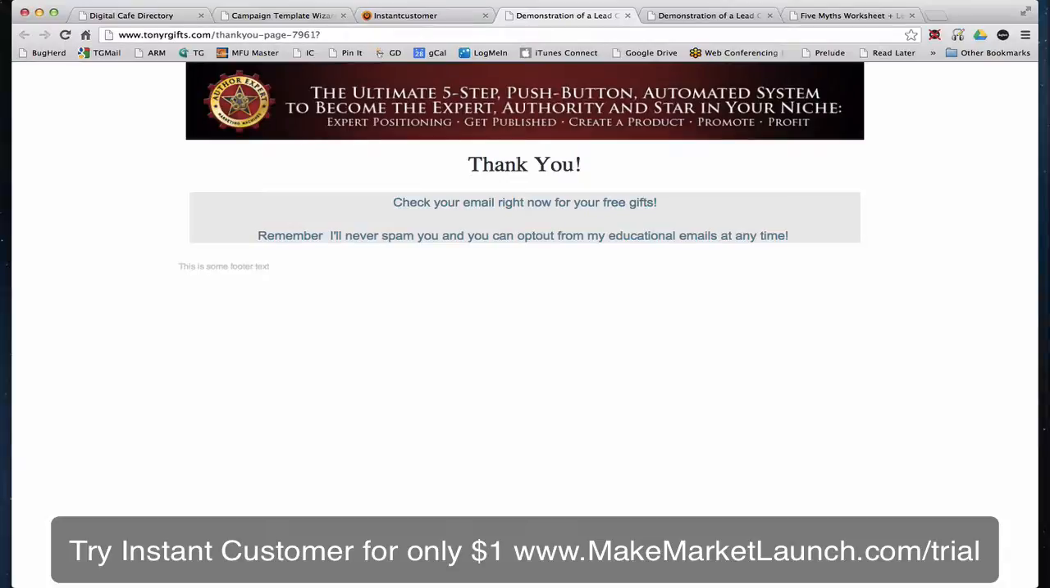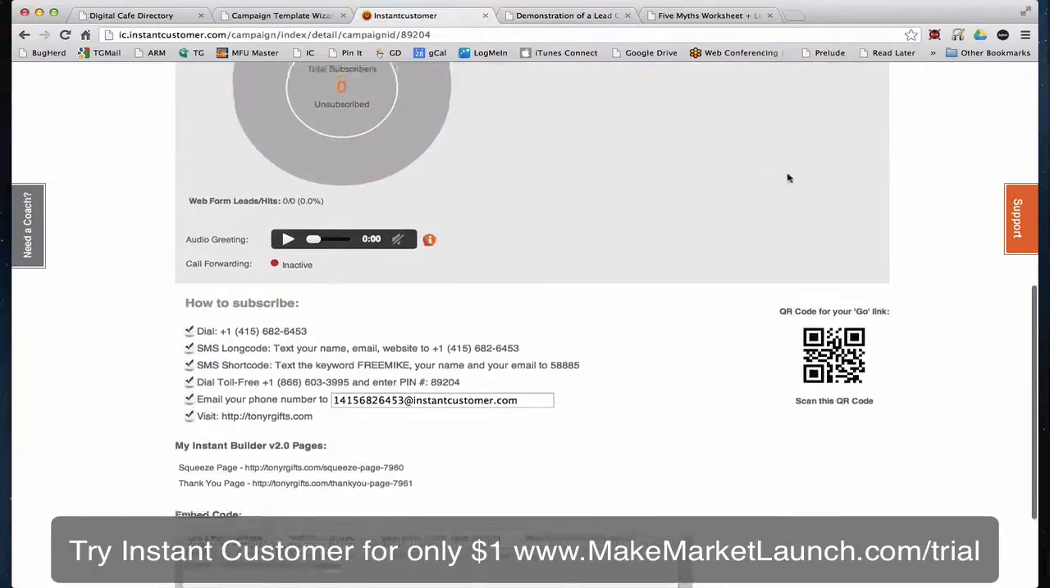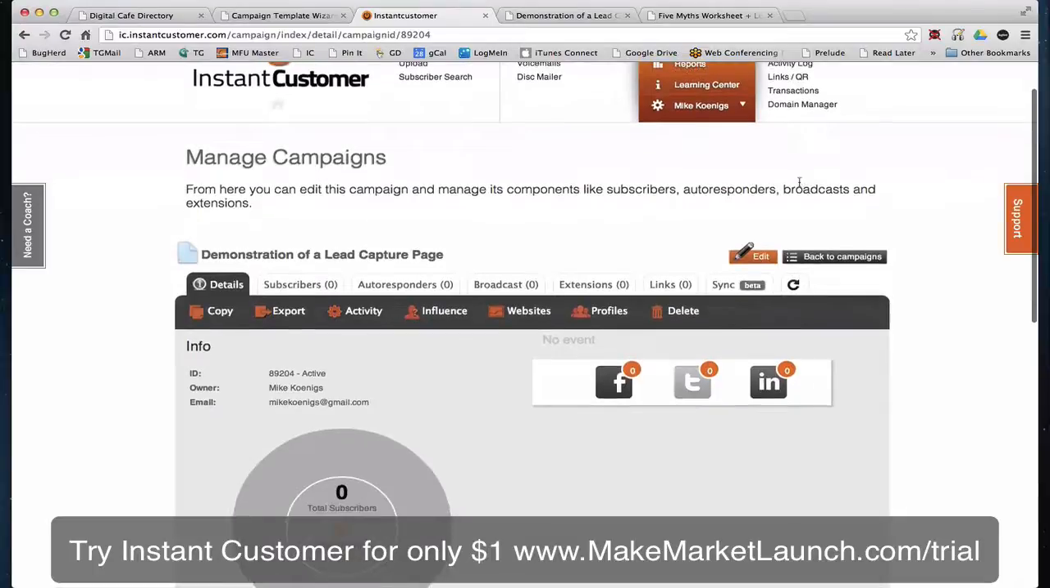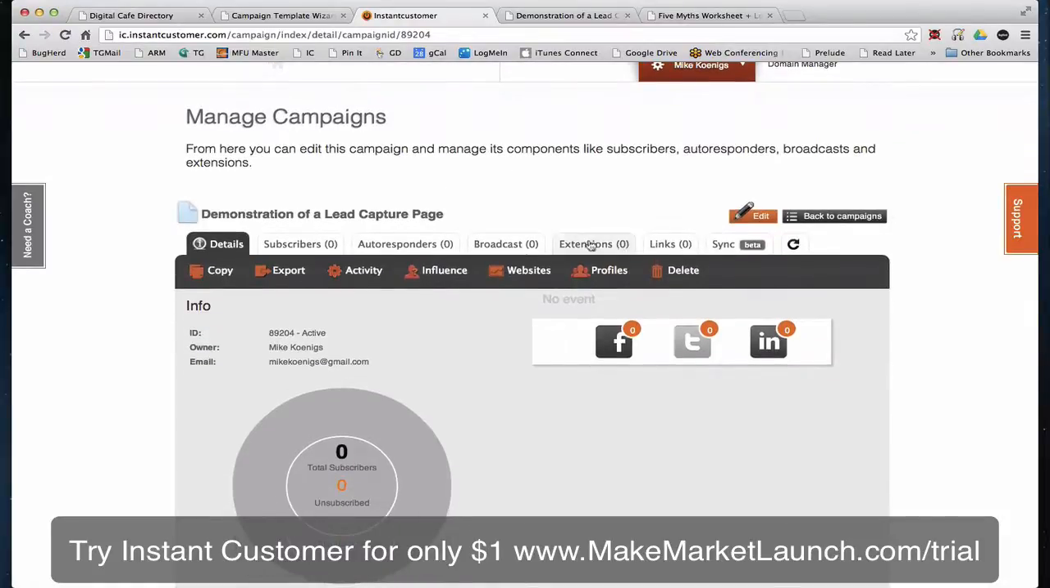Let's see. Does the capture page need to be the main page? Okay. So, the bottom line is you can integrate this with any other service. So if you're already using a service, we integrate with services like Infusionsoft or Aweber or Office Autopilot if you have that. Now, I'm going to show you one more important thing, which is the autoresponder,